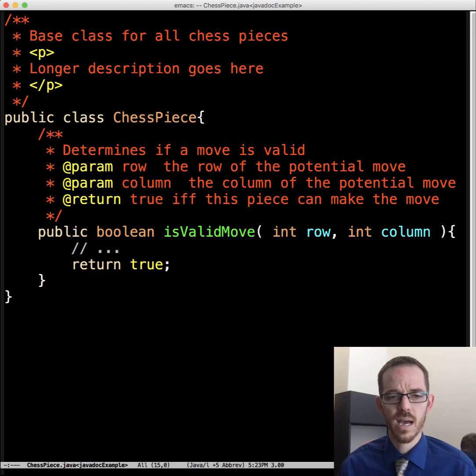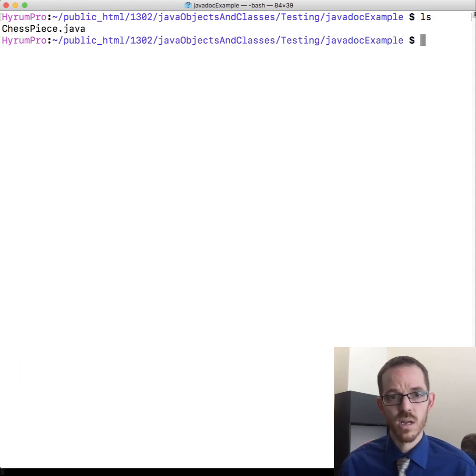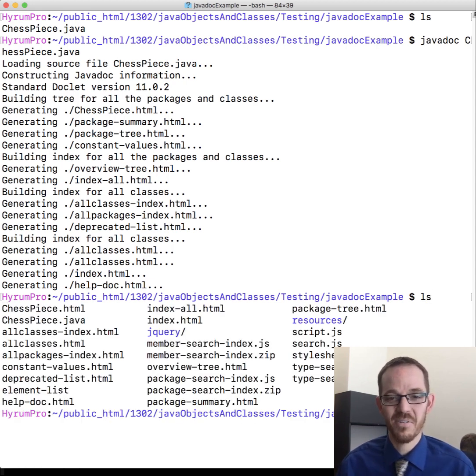And so here we have this simple example. Now let's go to see here. I've put it in its own directory so that you can just see what goes on. We call JavaDoc right here, and then we give it the Java file, and it goes through and does all its thing. Now look how many files it created. Woohoo! Okay, just from this super simple example.